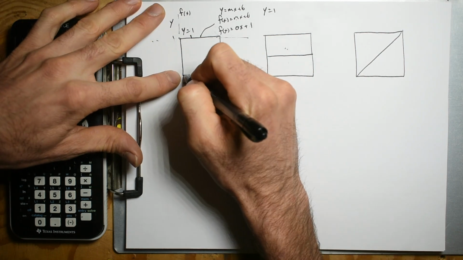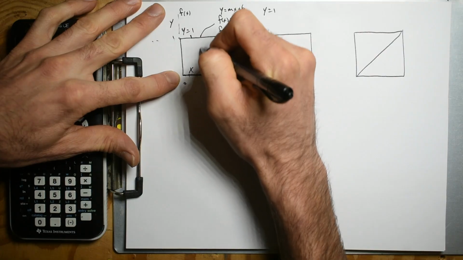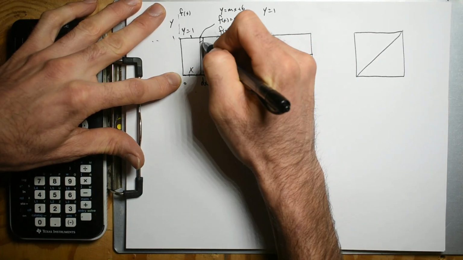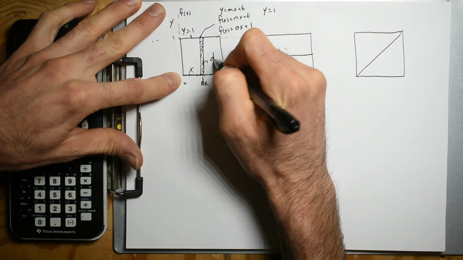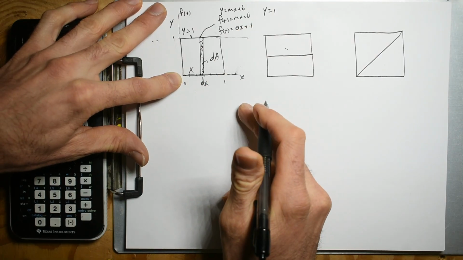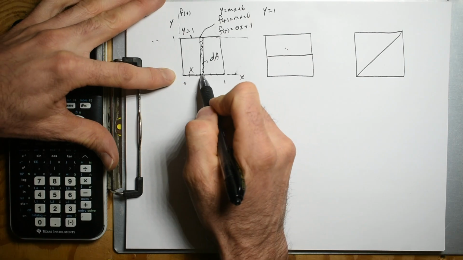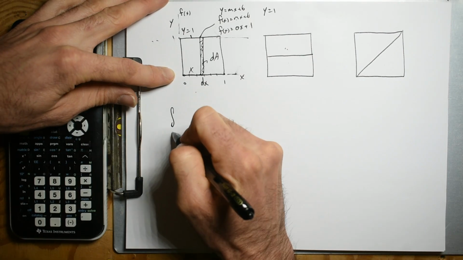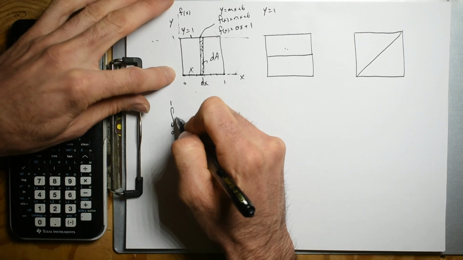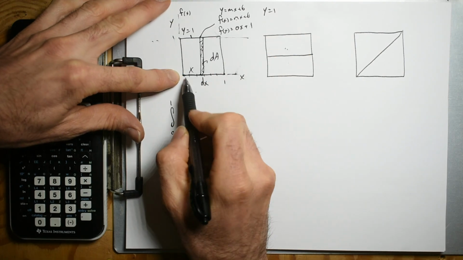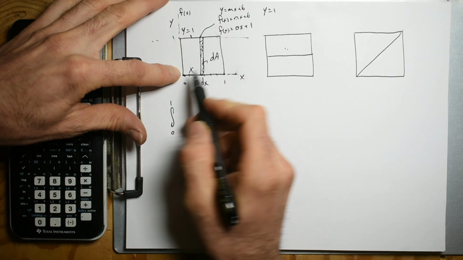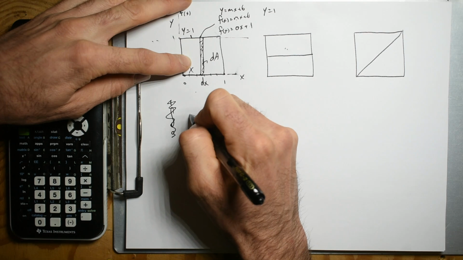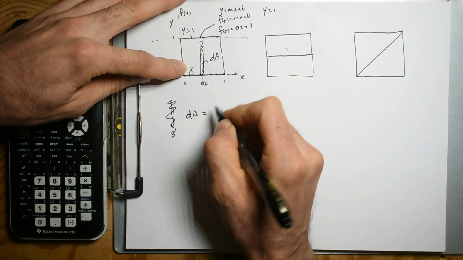So we're going to come out some distance x, and then set up a dx. And this is going to be our area, an area dA. Our limits on this are going to be 0 to 1. So our integral looks like this, integral from 0 to 1 of our function. Let's set it up: what's just dA? So dA is equal to